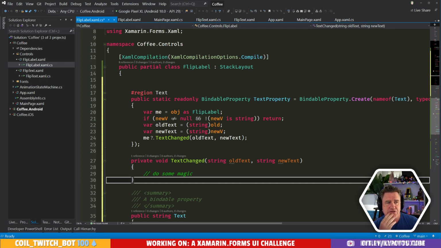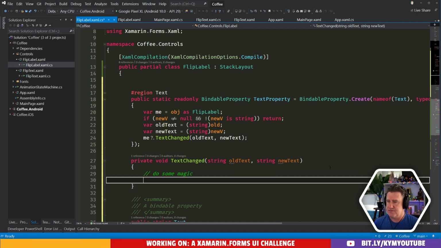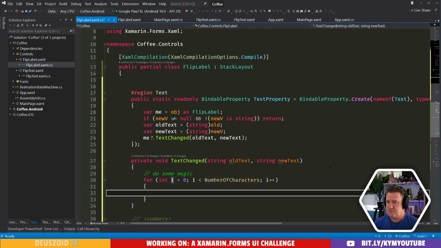we're probably going to want to go through each of the characters. Let's just try this. Go from a number of characters. We're going to want to basically get the text for the character.